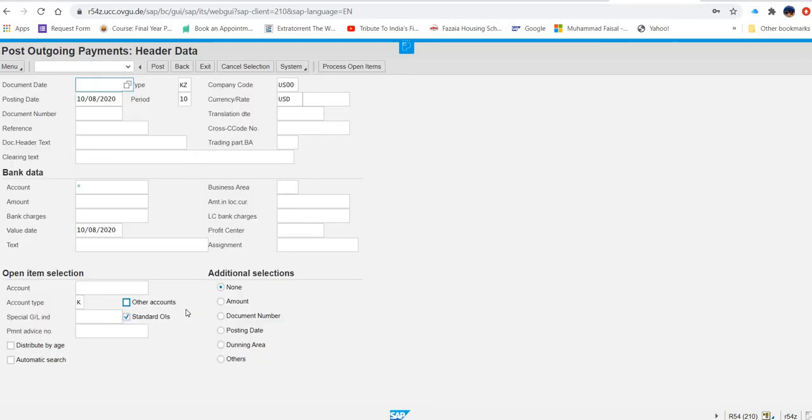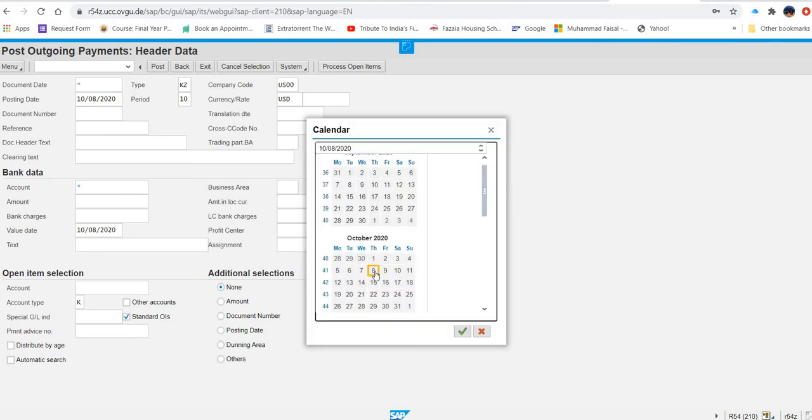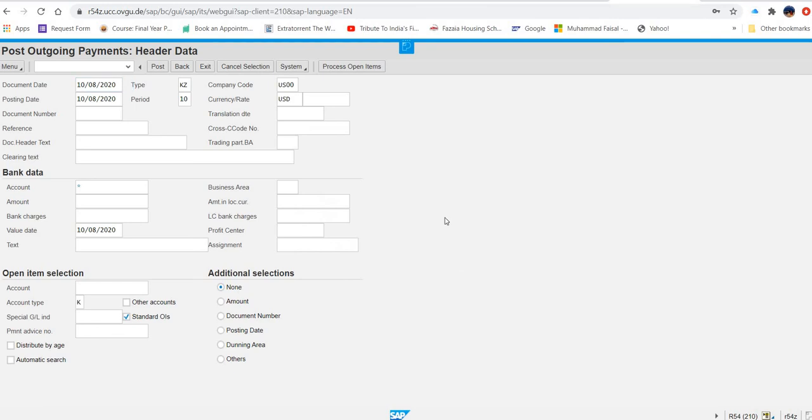Now in this, what you have to enter? Today's date you have to select as a document date. Then you will put 100,000 as a bank account here under the bank data.